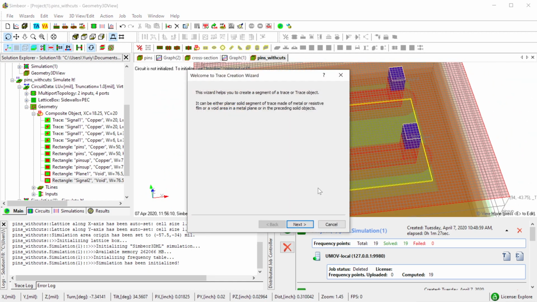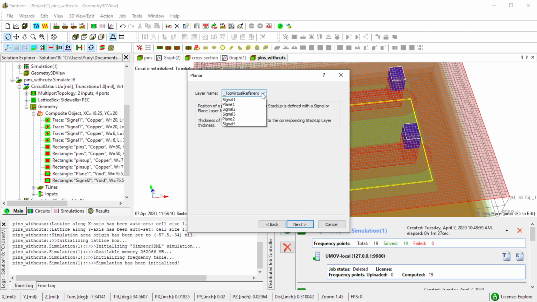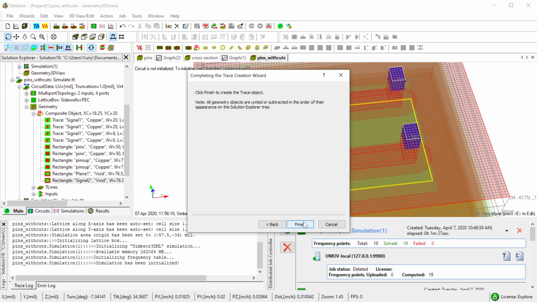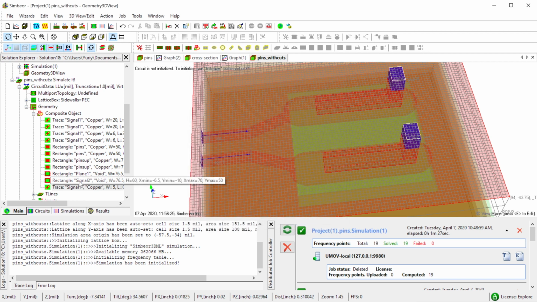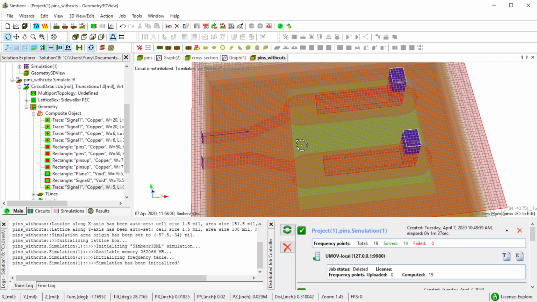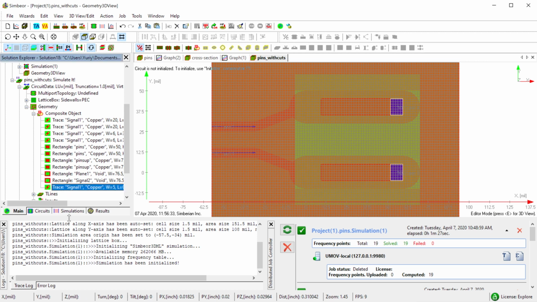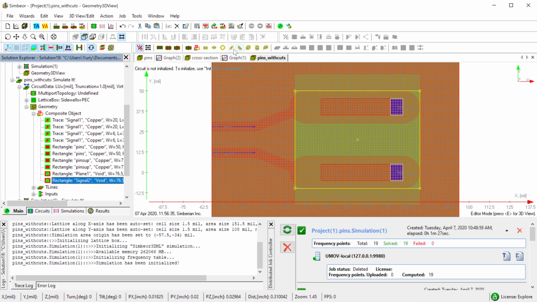To alleviate it, I can use a small piece of trace in layer signal 1. A trace with a size like 5 mil. Well, I need to either switch to editing mode, like E, or let's just delete it and start over.